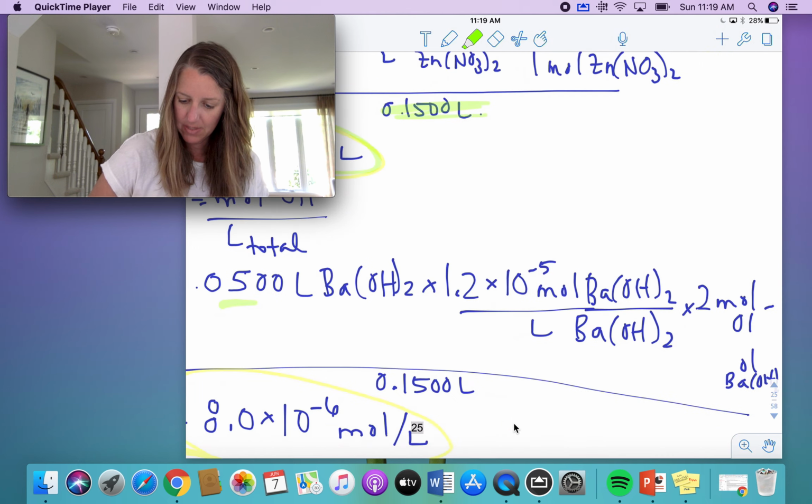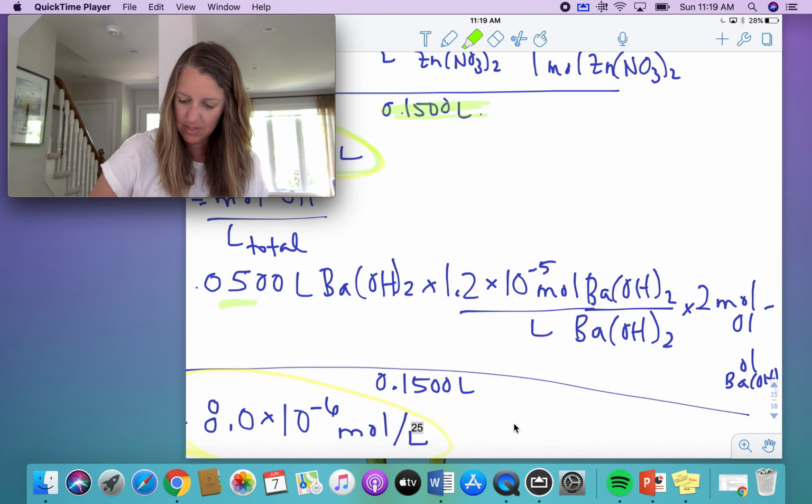I've got 2 moles of hydroxide per 1 mole of barium hydroxide, a 2-to-1 ratio. Divide it all by your total volume again, which was 0.1500 liters,